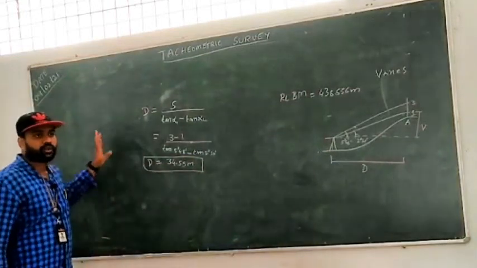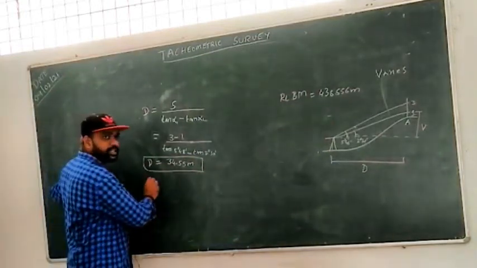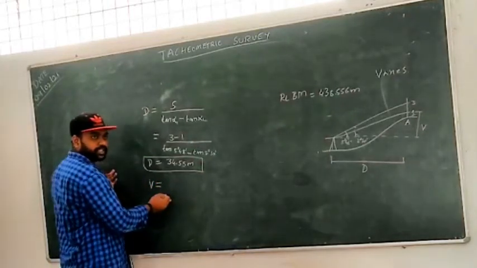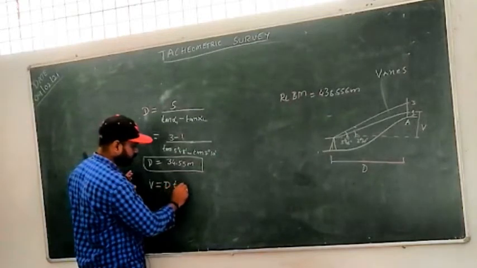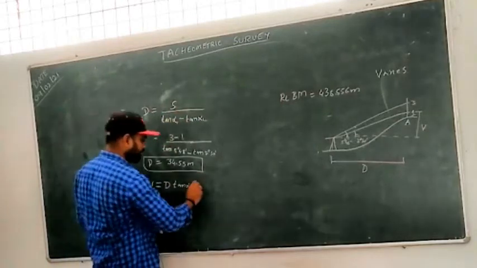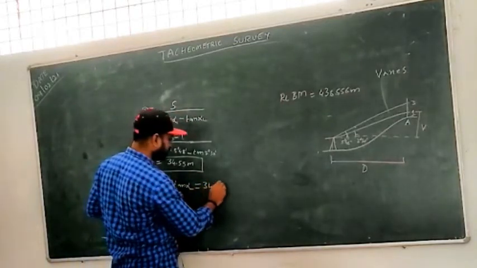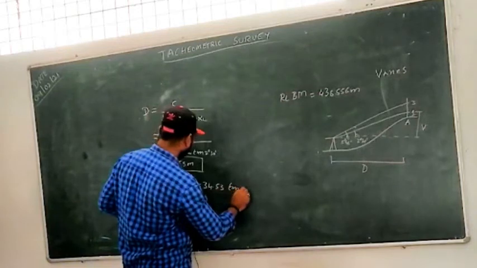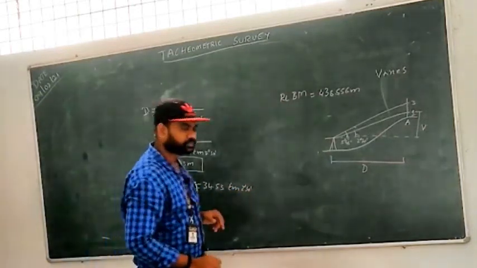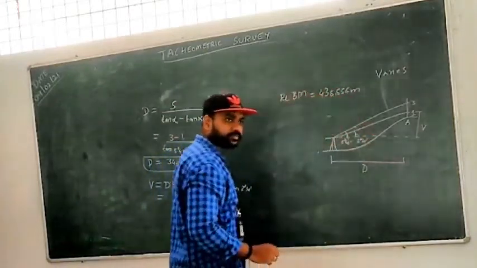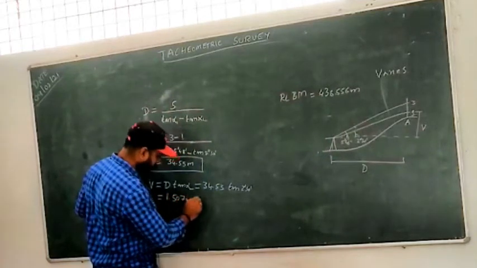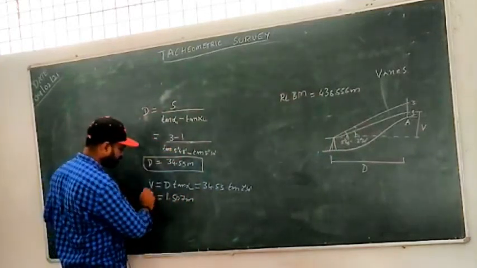Okay. Now to get V, what is the equation? D tan alpha 2, right? That is what we found, no? D tan alpha 2. So directly we have this D, no need to put the entire equation. Directly substitute. D is 34.53 into tan alpha 2 is 2 degree 30 minutes. So how much? 1.507 meters. Okay. So also we got V.